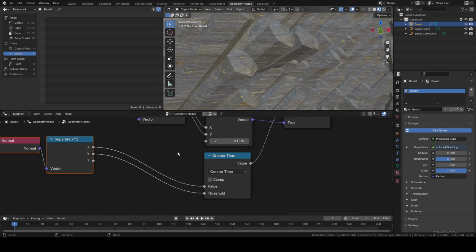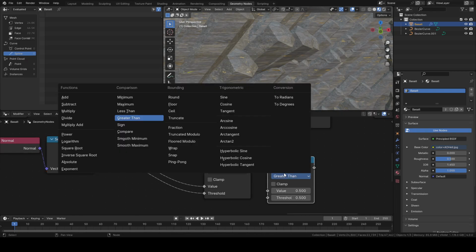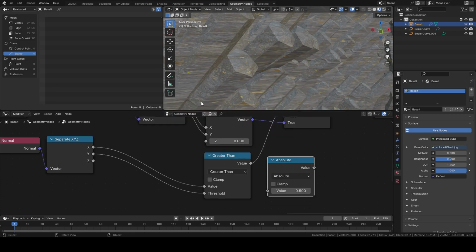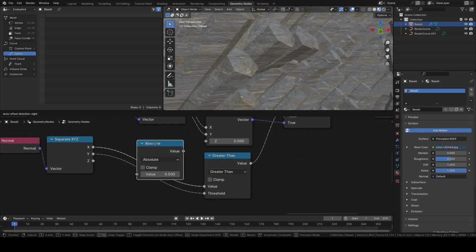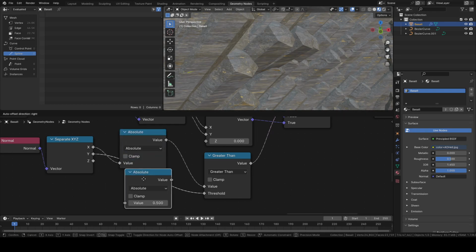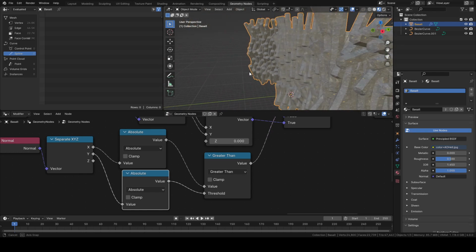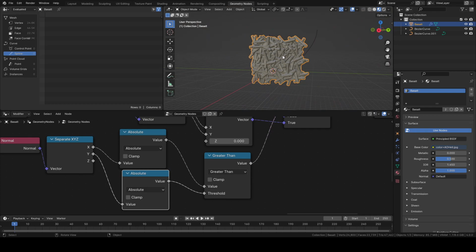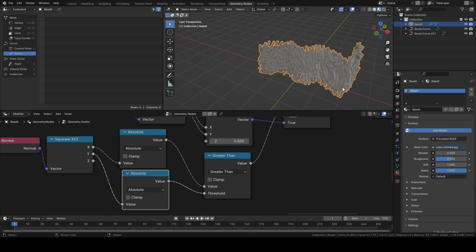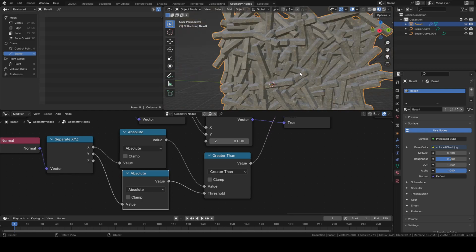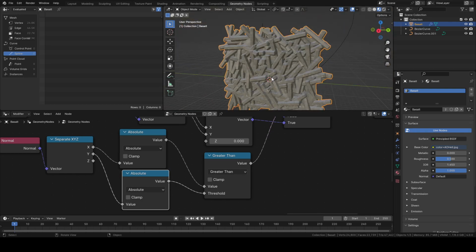And I talked a lot about that topic now, and I can show you what we need to do instead of just comparing the raw values as is. We need to remove the positive and negative aspect, and we can do that by using an absolute. And we use that on both the x and the y, and suddenly everything is looking the way it should, except this jumbled mess over here. Yeah, maybe I can fix that another time,